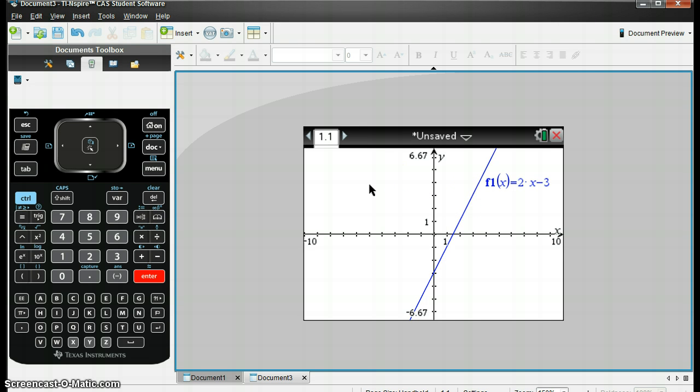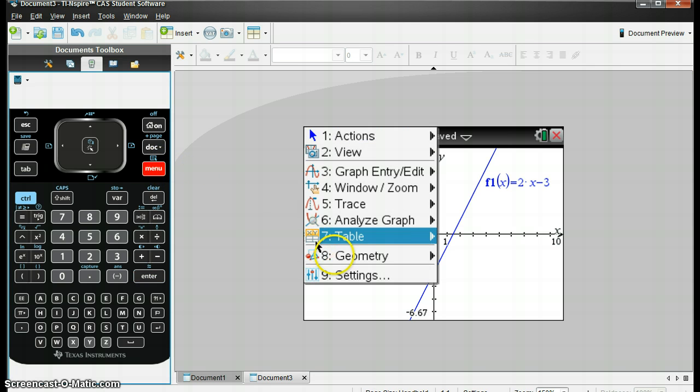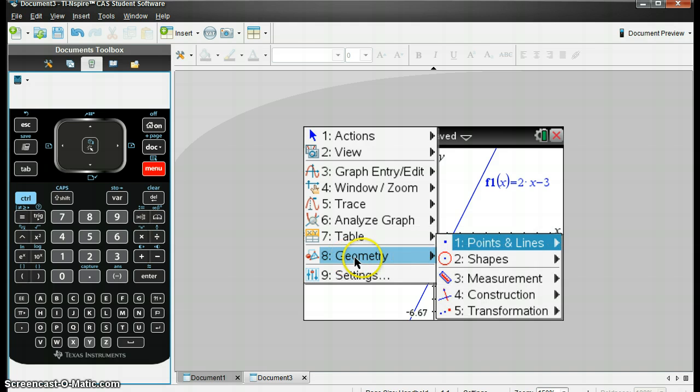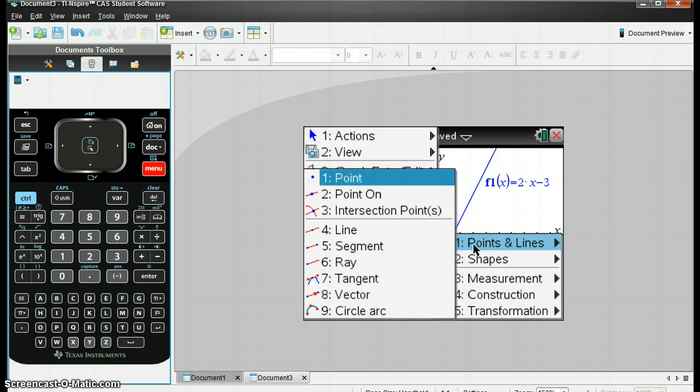Now supposing we want the axial intercepts, where it crosses the x-axis and the y-axis. All we need to do is go to Menu, Geometry, Points and Lines, Point On,